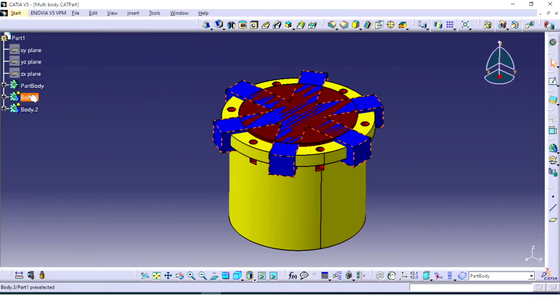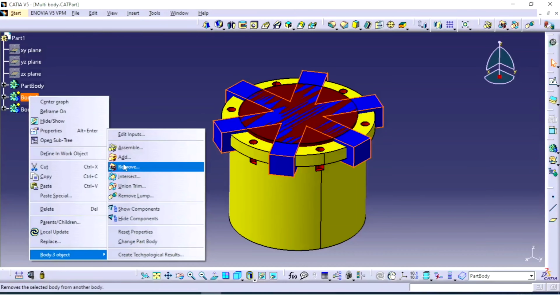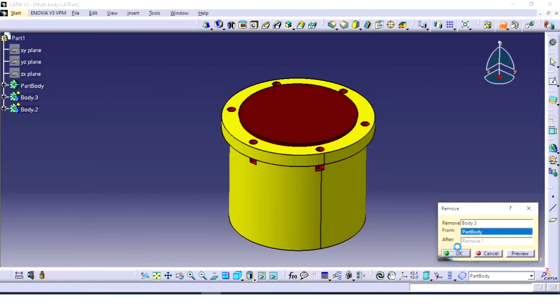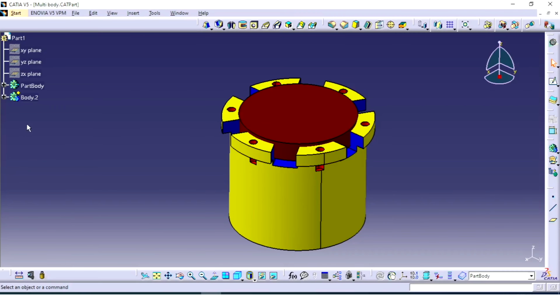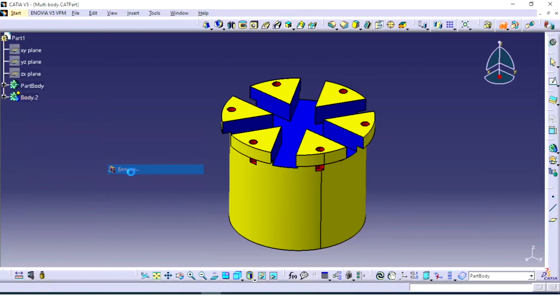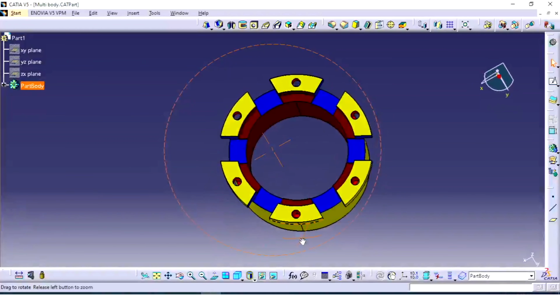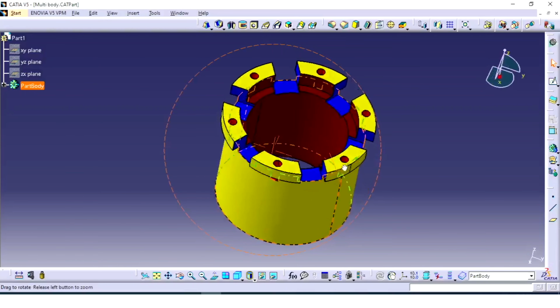Again, I have left with body 3. I will do the same, body remove and OK. And at last body 2 and remove. Here you can see my final output is created